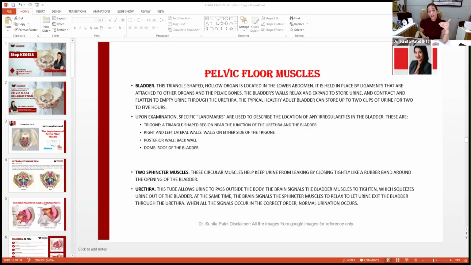Due to the stress happening in that area during pushing, sneezing, jumping, laughing, coughing, the bladder can be squeezed, and the bladder can squeeze the urine downward, and urine can come outside because the squeezing effect from your pelvic floor muscle is missing. If that is the situation, the first question we have to ask our patient is, are you leaking urine during sneezing, coughing, laughing, all these stressful activities?